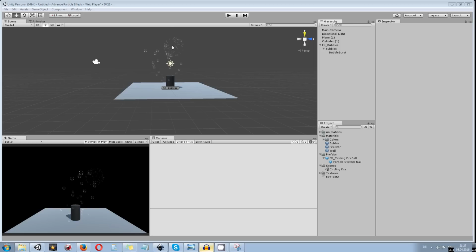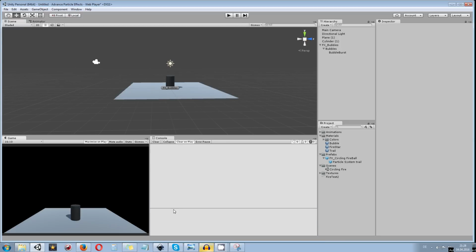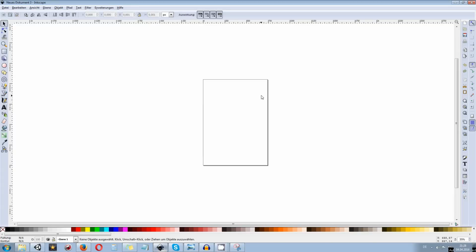So we're going to create a sub-emitter with some smaller bubbles and then create a small bubble explosion effect with that. We will create those bubbles in Inkscape, and of course in Unity we will add the bubble motion itself. We will let them grow over time, and once they reach a specific lifetime, they will destroy themselves and then create that sub-emitter effect on bursting. So let's get over to Inkscape and create a bubble.